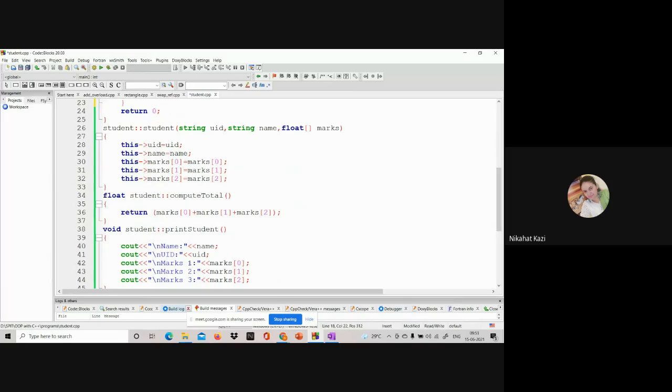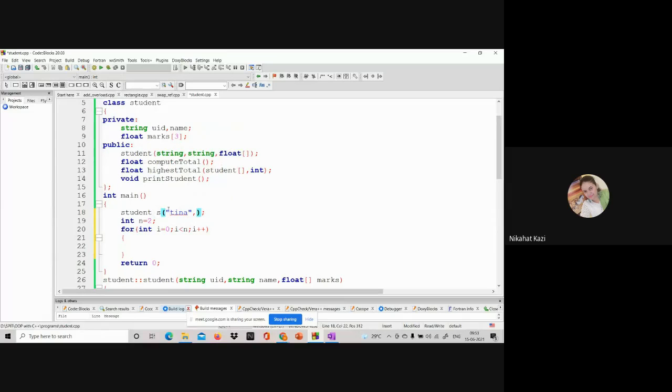Here I've written the first one is UID. Anyways, here I mention whatever UID is there, and the name, and then the marks. This I can read from the user and pass it, but still it is not a simple object. It's an array of objects. So how do I do it?